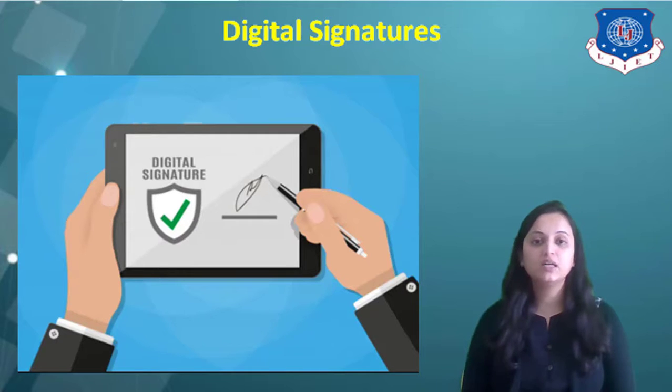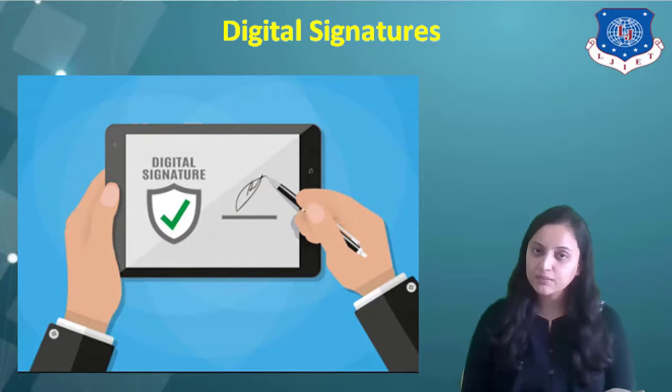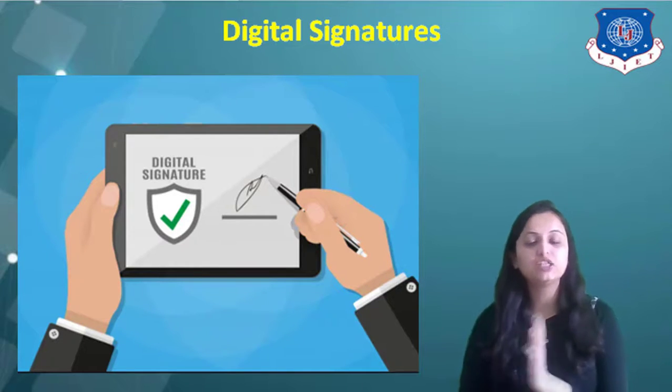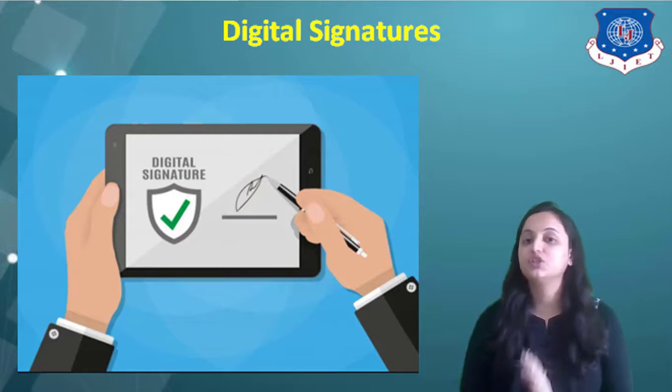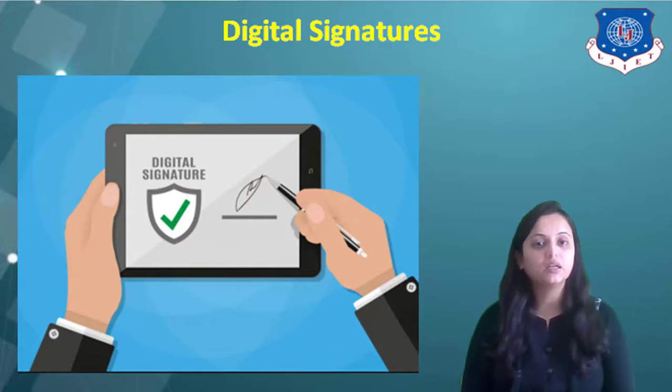The problem of devising a replacement for handwritten signature is a difficult one. Basically, what is needed is a system by which one party can send a signed message to the other party in such a way that the following conditions hold. Condition 1 is that the receiver can verify the claimed identity of the sender. The second one is that the sender cannot later repudiate the contents of the message. And the third one is that the receiver cannot possibly have concocted the message himself.